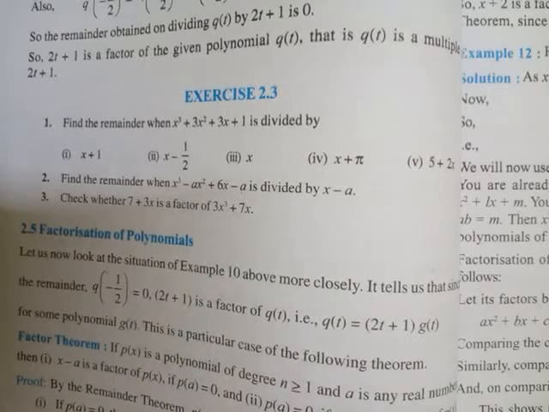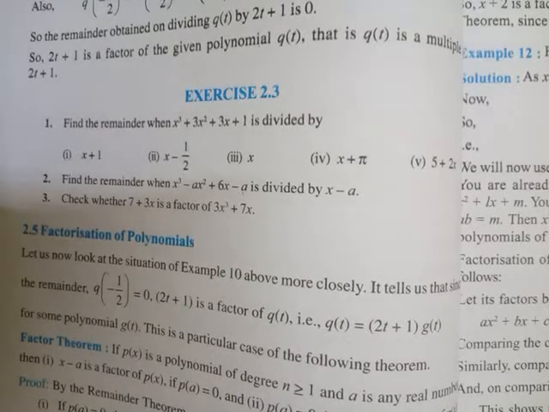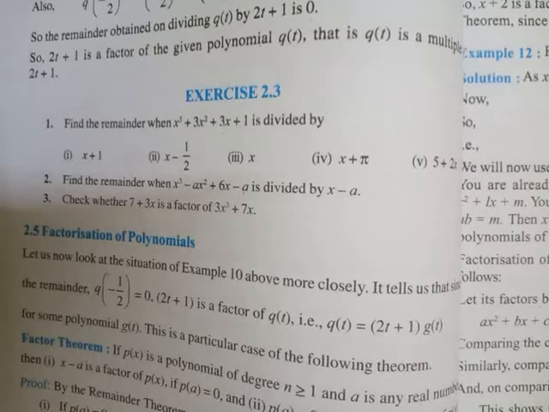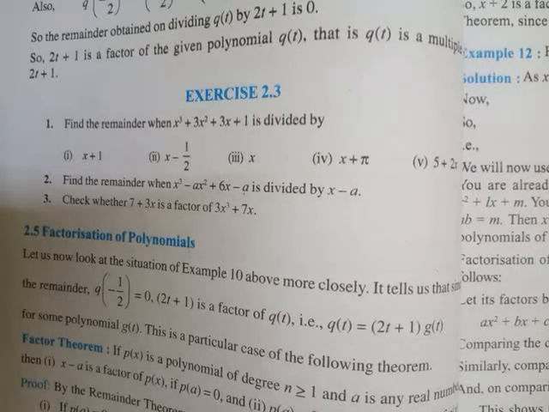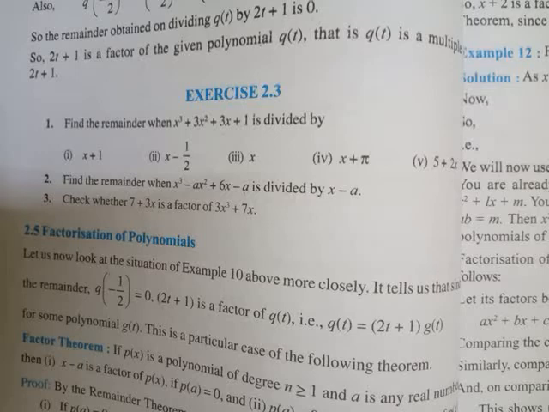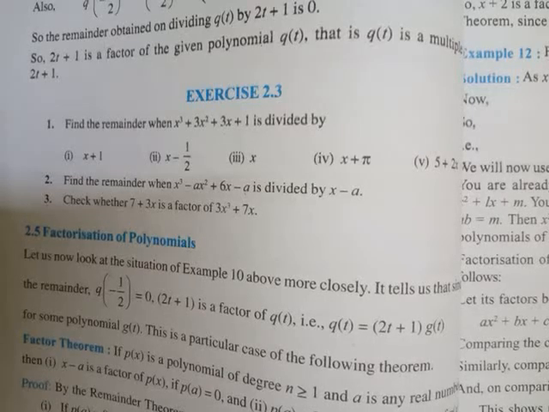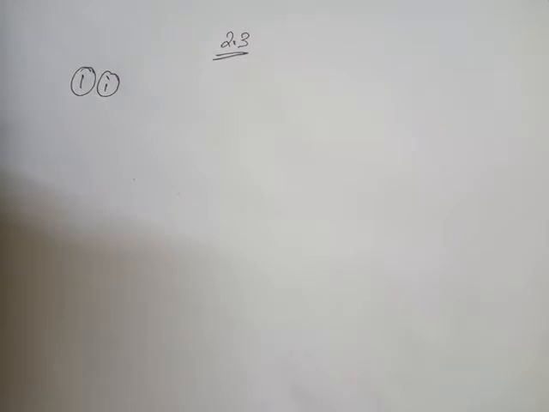Now these are the questions, and I am now going to solve exercise 2.3 question number 1, and depending on the remainder theorem, while I explain all the sums one by one, you will understand better. So let's start our first question depending on the remainder theorem. Now look student, exercise 2.3 class 9 general maths, question number 1, Roman 1.